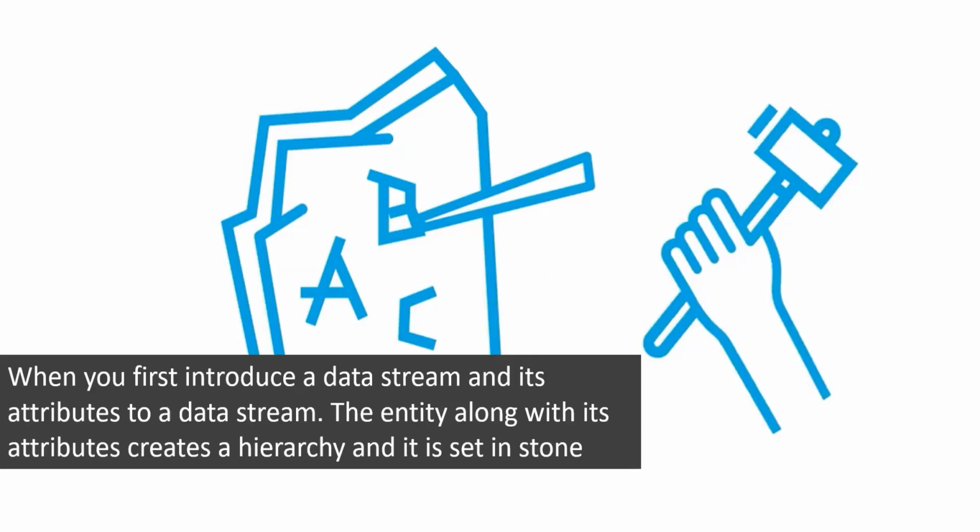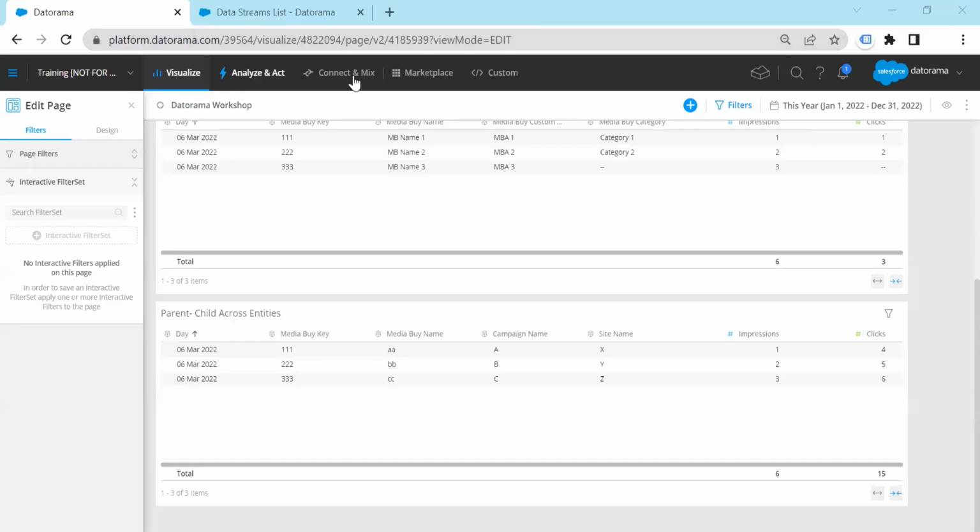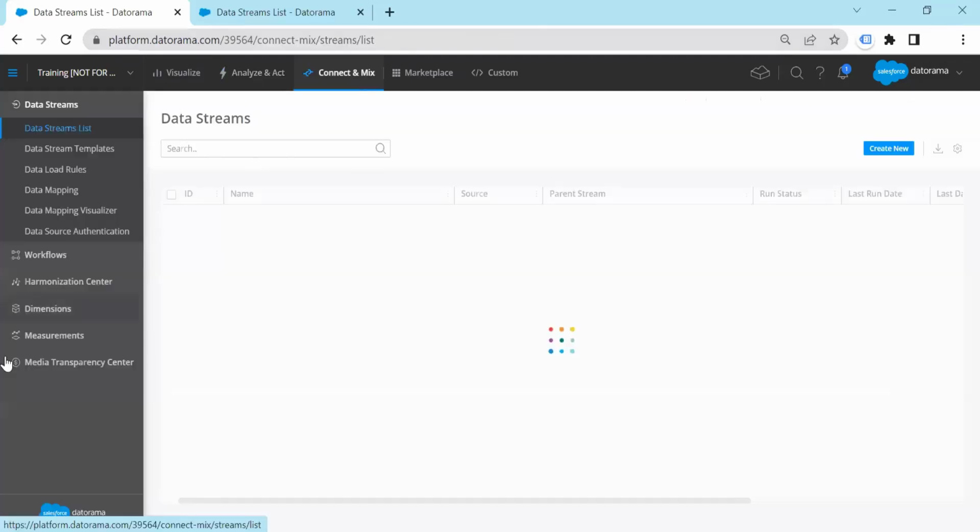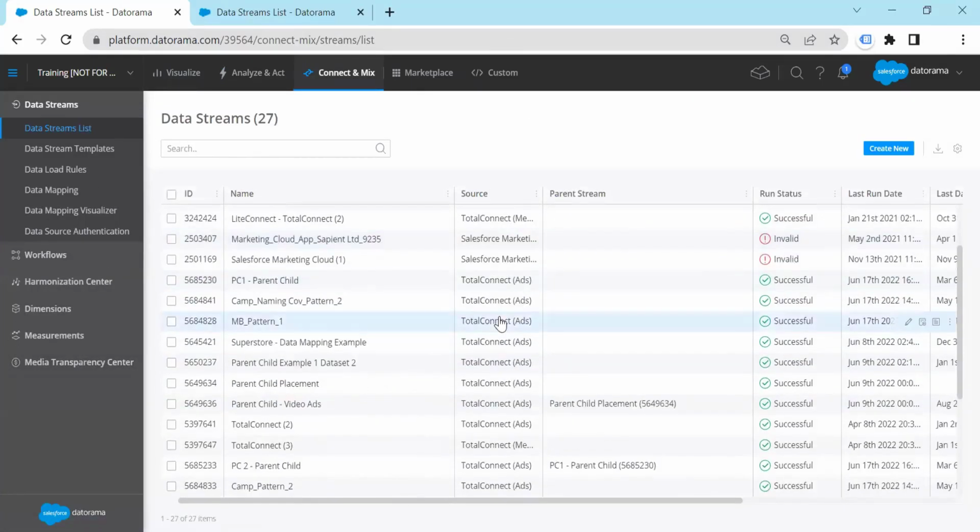Try, when you get some time, to upload an Excel which has media buy and campaign, and then impressions and everything. Now, there is one process whereby we can upload updated files. Let me show that so that it becomes easy when we talk about these things. So let's say we have